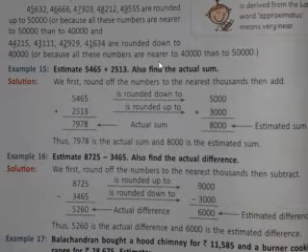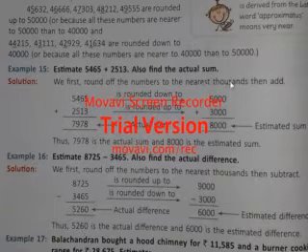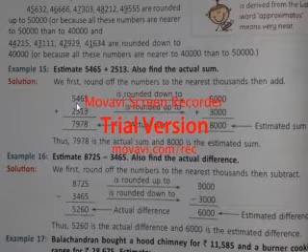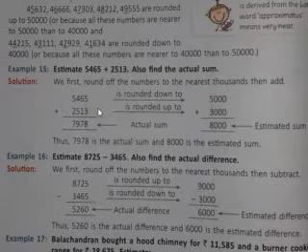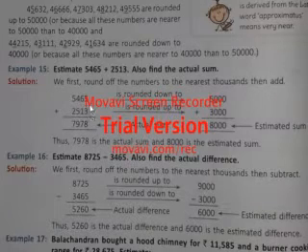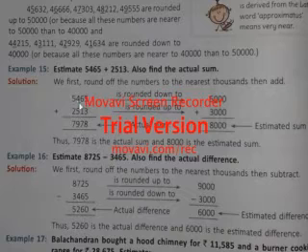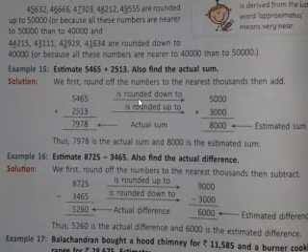So in estimation, what we did, at first we estimate the numbers individually. Here it is written, we first round the numbers to the nearest thousands, then we add. So 5,465, in the 100 place there is 4, so nothing will be added, it becomes 5,000, all others become 0. Now 2,513, in the 100 place there is 5, so 1 will be added to the 1,000 place and the rest removed, so it became 3,000. When added, you can see the actual is 7,978, and when we add the estimates we get 8,000, so there is a difference.